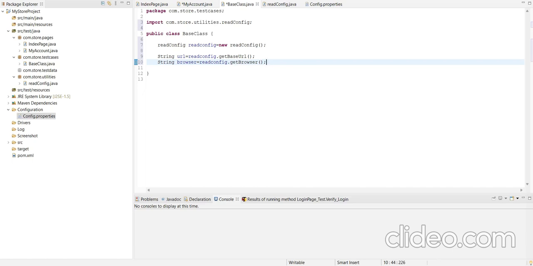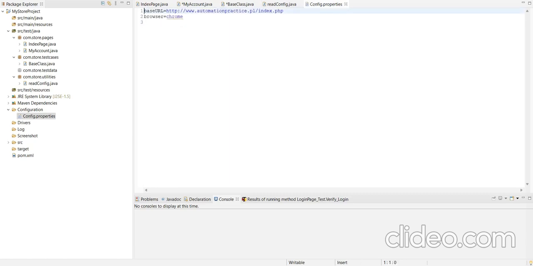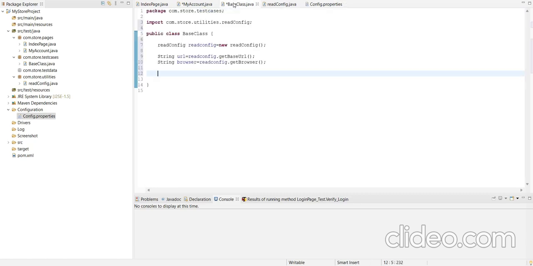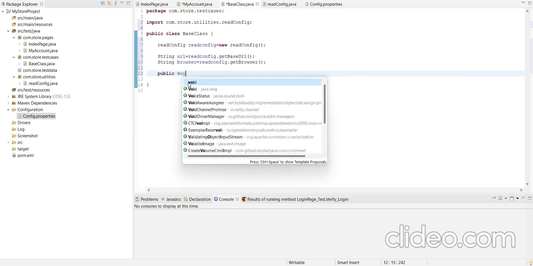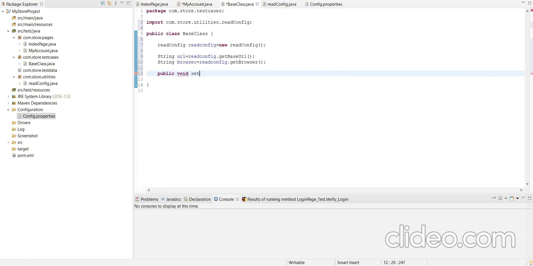Now we will create another method to launch the browser. It will read whether the browser is Chrome, Firefox or Internet Explorer. But our browser will be Chrome. So we will create the method for it, setup, and here we will launch the browser.